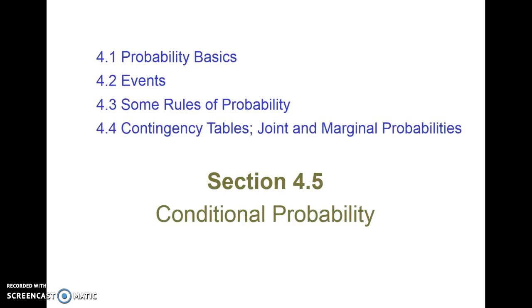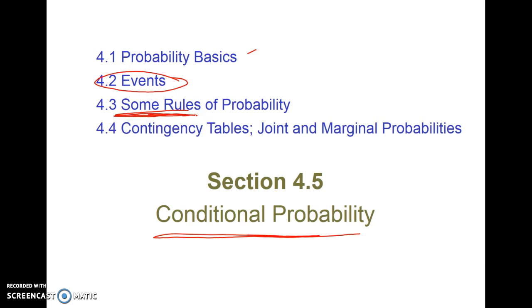So this video will walk us through section 4.5, which is on conditional probability. We started with basic probability in 4.1. Then we talked about different events, including mutually exclusive events. Then we did rules of probability, specifically adding probabilities together. The probability of A or B is the probability of A plus the probability of B. And if they're events that are not mutually exclusive, then you have to subtract the intersection, or the AND of